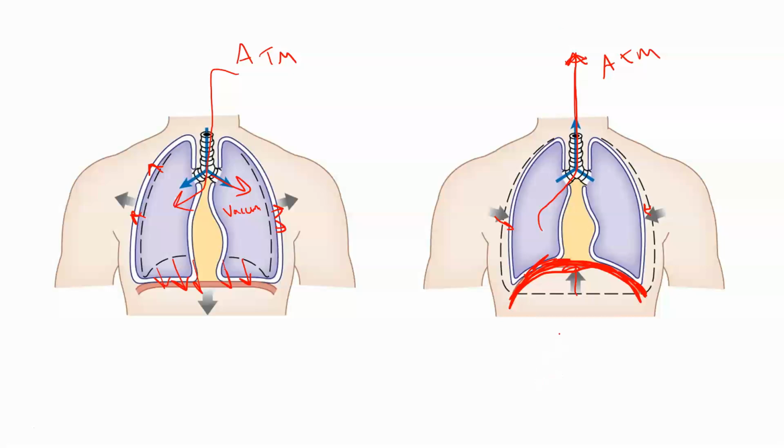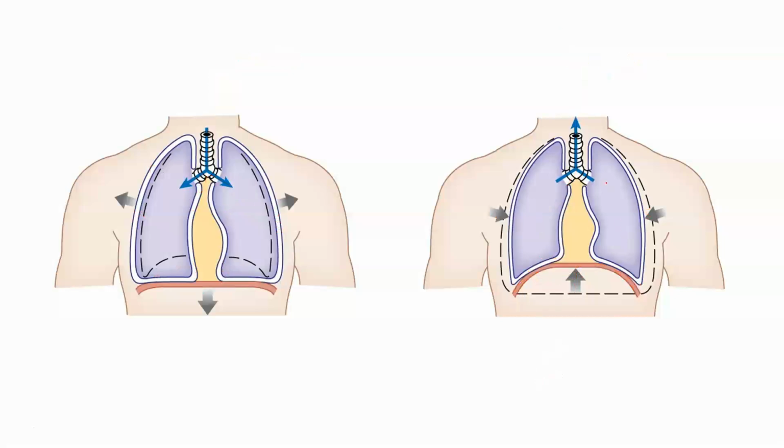It all has to do with the contraction and relaxation of your diaphragm and some of the other accessory muscles of respiration. Now, where does that air go? This is what we call external respiration. It's the exchange of gases that happens between your blood and the inspired air. And this is occurring at the very final destination, the end of the line, terminus of your